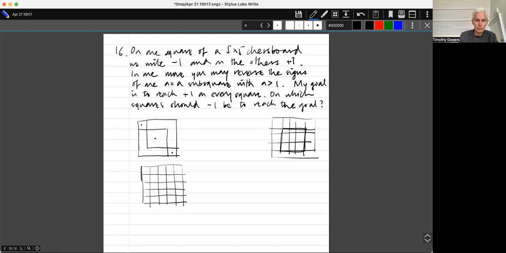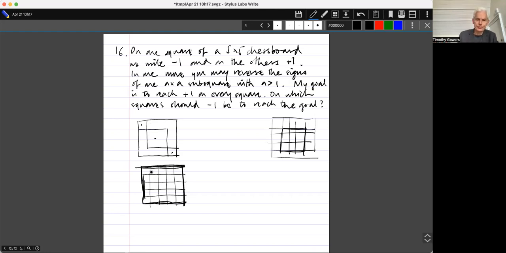So I'm going to put a dark boundary for each square that I've actually done this to. And then I'm going to do, just a moment. I thought maybe I haven't done what I thought I had done.